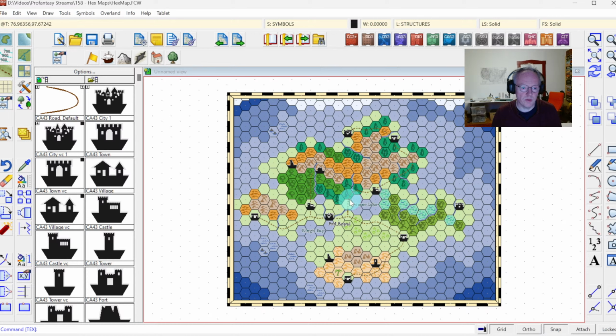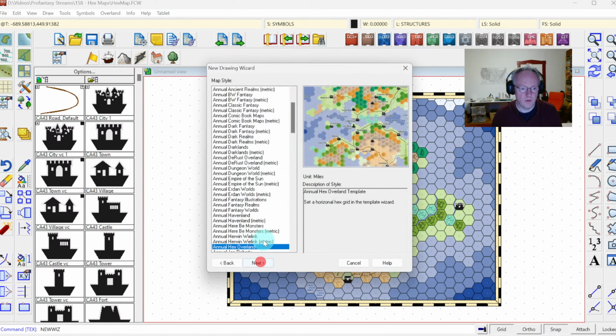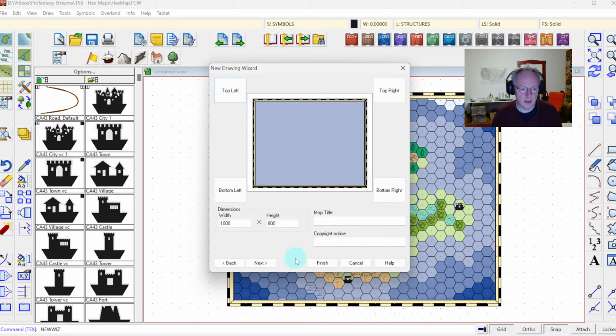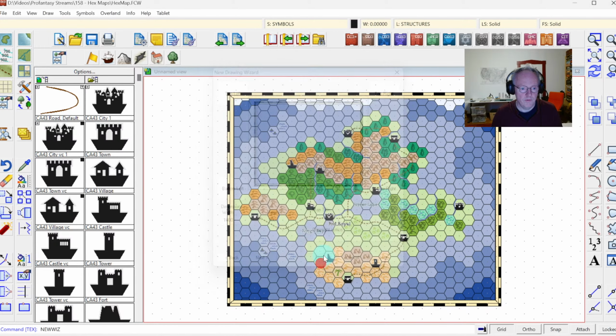But what I wanted to show you is how to translate this to vertical hexes. So let's have a quick look, and let's start a new map for that. I guess it's probably best. So let's go into the overland maps again and finish